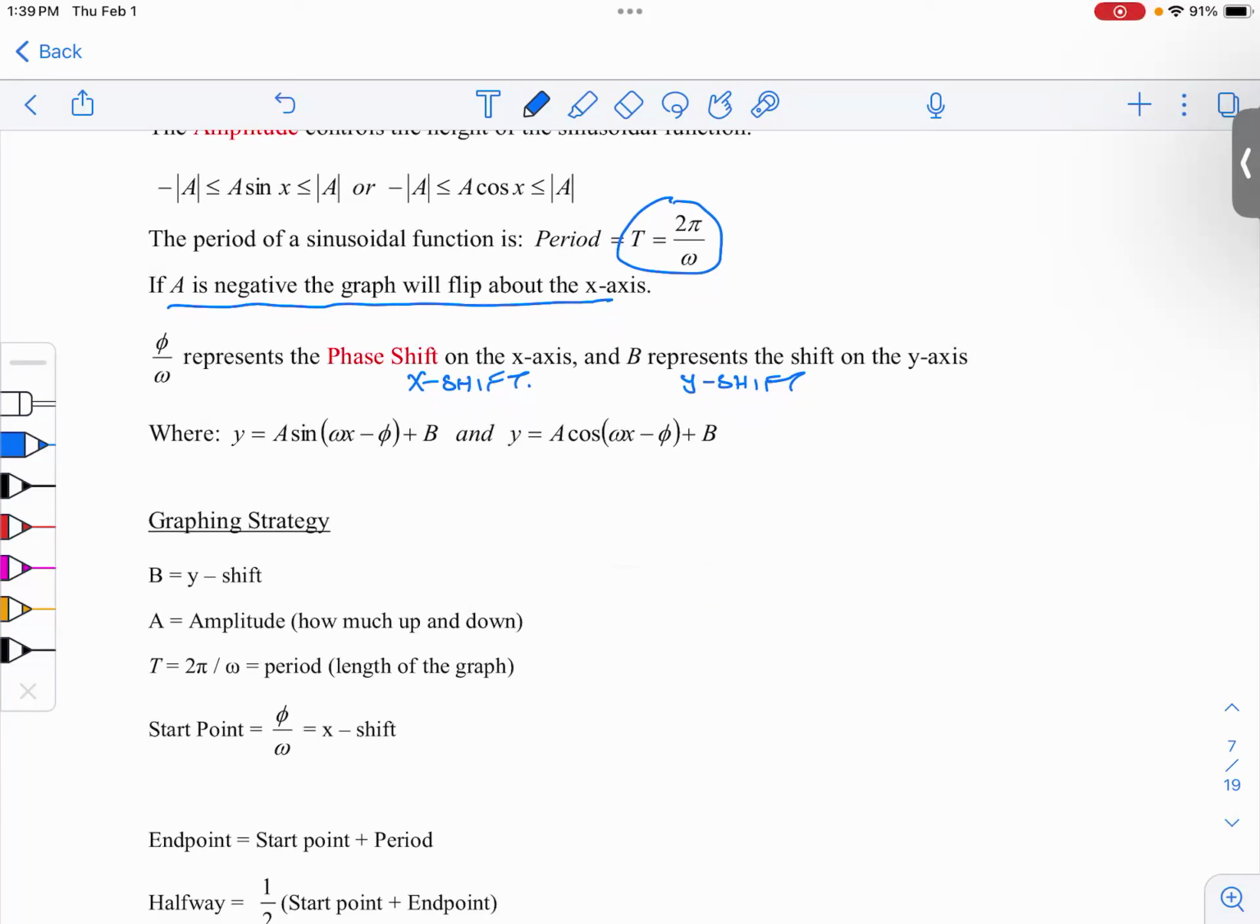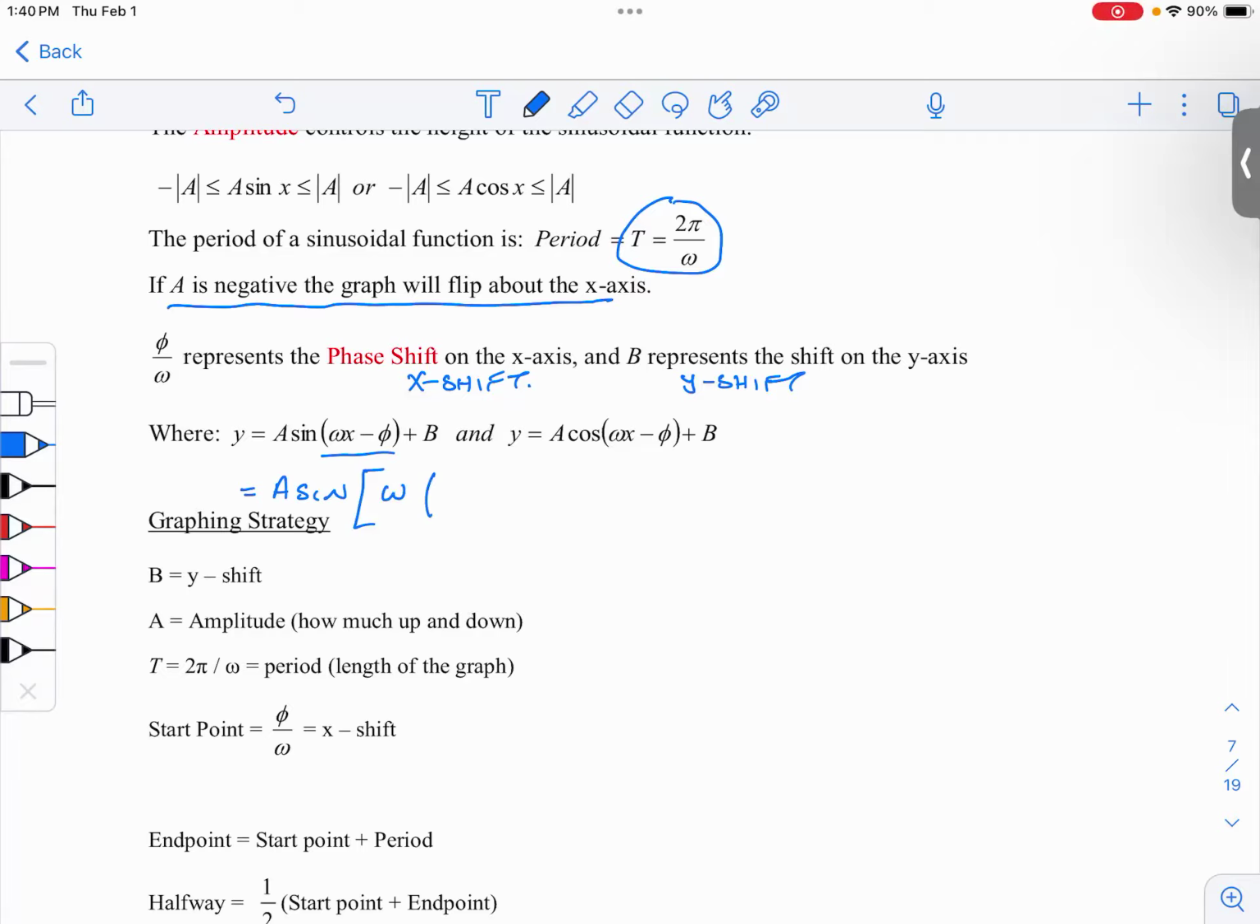The basic way that sinusoidal graphs are written: y equals a sine of omega x minus phi, plus b. These pieces are easy to identify. B, that's our Y shift. That one's super easy. The tricky part is how the inside is written, because we just said our X shift is phi divided by omega. So while you can find that, what you really need to do is factor inside the sinusoidal graph,